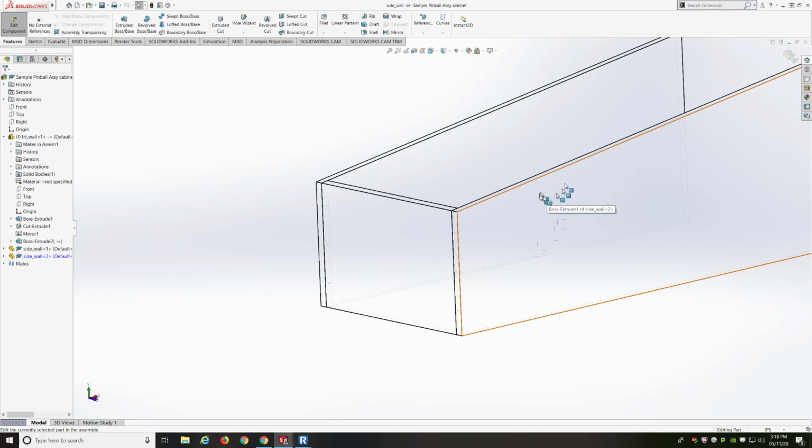And now that I'm in edit part, so I'm in sidewall, right down here it says editing part. I can see edit component is darkened or colored in or selected, so I know that I'm in the right area. And now I'm going to left click on that outside face, start a brand new sketch,